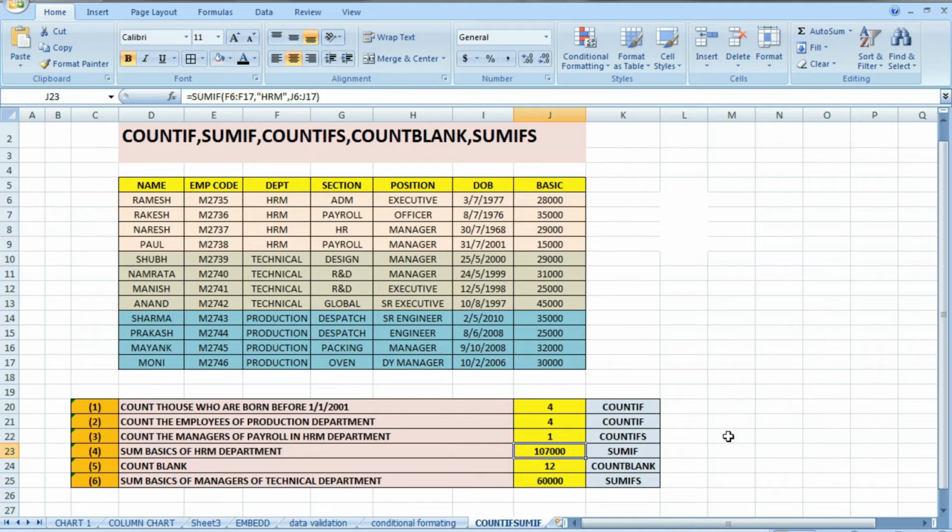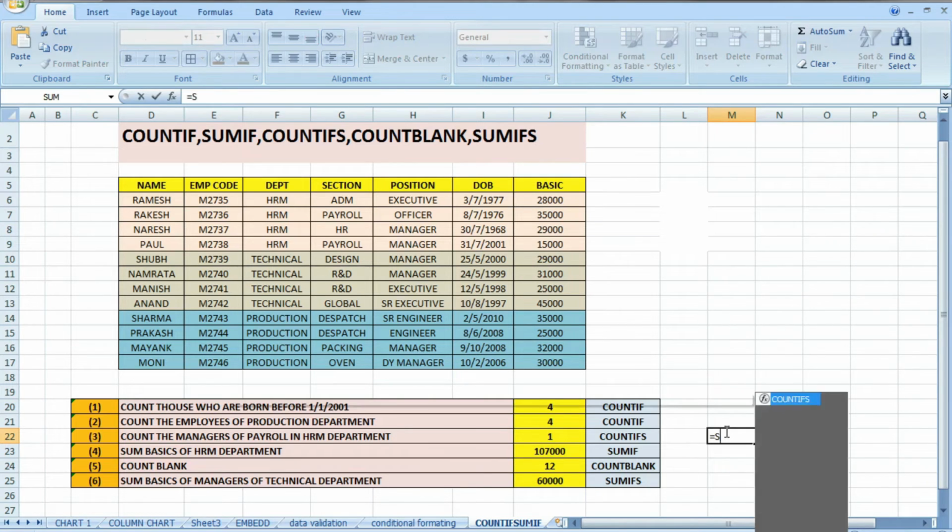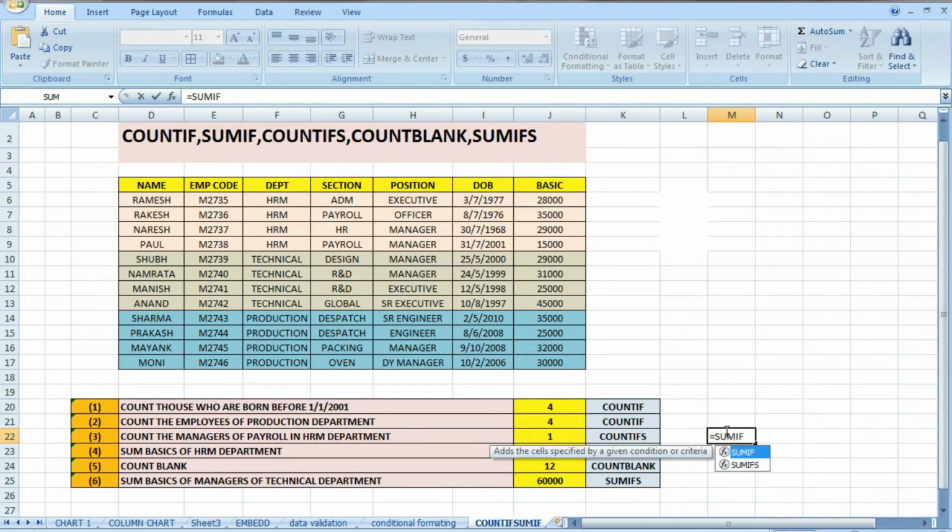I will show you how to use this function. SUMIF. First of all is the range. This is the range. Then HRM, and the sum range.